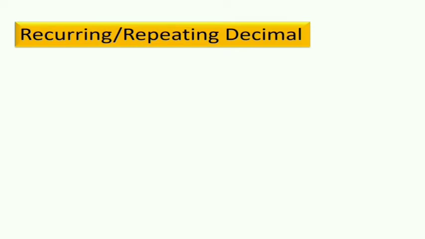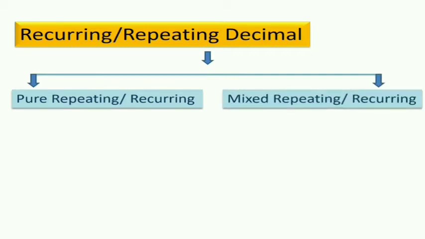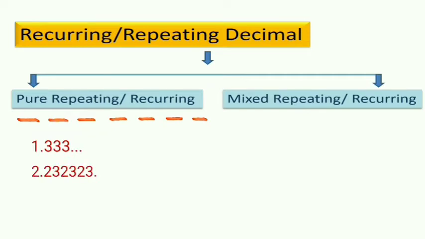Now recurring or repeating decimal can be divided into two parts. First one is pure repeating or recurring and second one is mixed repeating or mixed recurring decimal. Now, what is pure repeating? Here, all the digits after the decimal repeat, such as 1.333 ..., 2.232323 ...